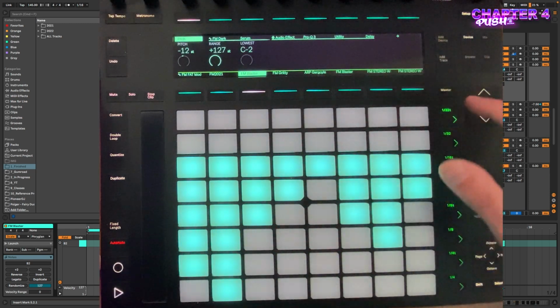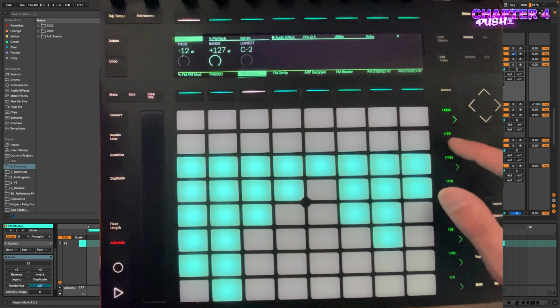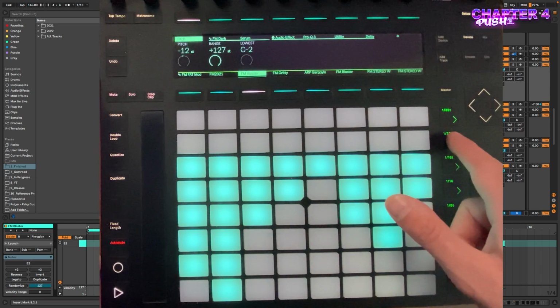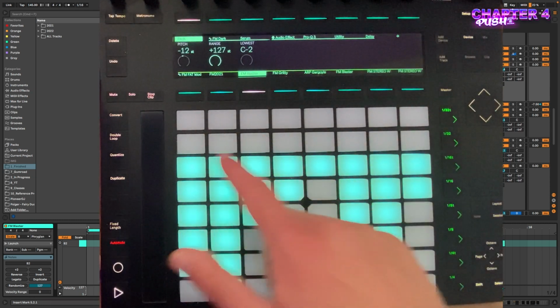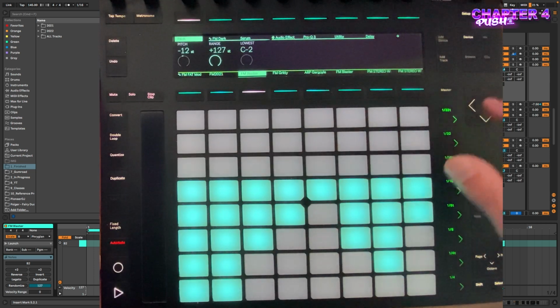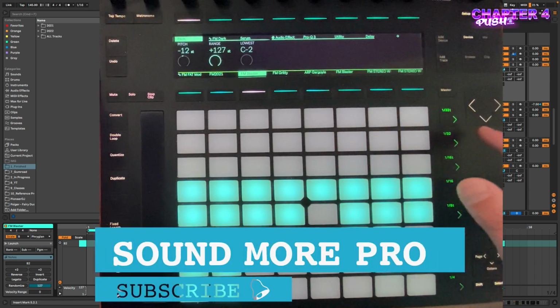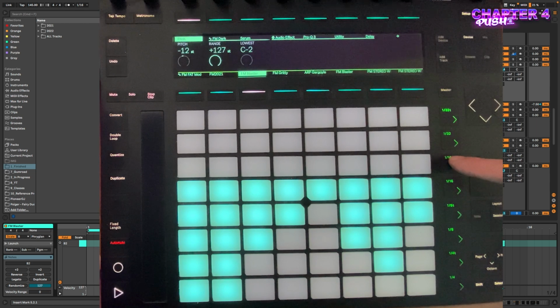Also, it becomes really easy to launch all the scenes, because if we just want to have, for example, kick and bass and drums, I ordered them all here on the first slots of this. So the first one is kick, bass and some drums. And here all the drums. So if I press this,